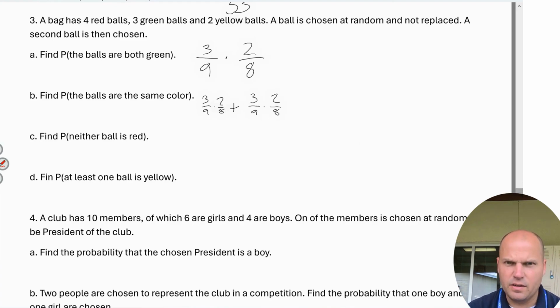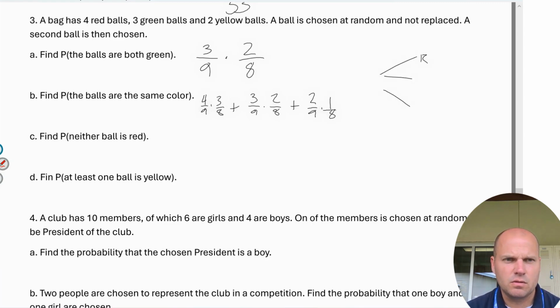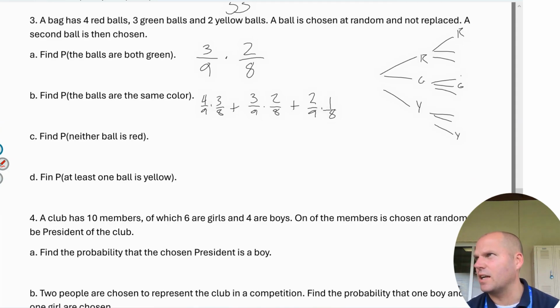Well, we take that color and it's your color now. Red, red, green, green, yellow, yellow. Those are the possibilities. If you think about this as a tree, it's like red, green, yellow. But then you have red, green, yellow, red, green, yellow, red, green, yellow. You'd have the red, the green, the yellow, adding those three probabilities up. So we could use a tree to kind of understand things, but it's probably best to just